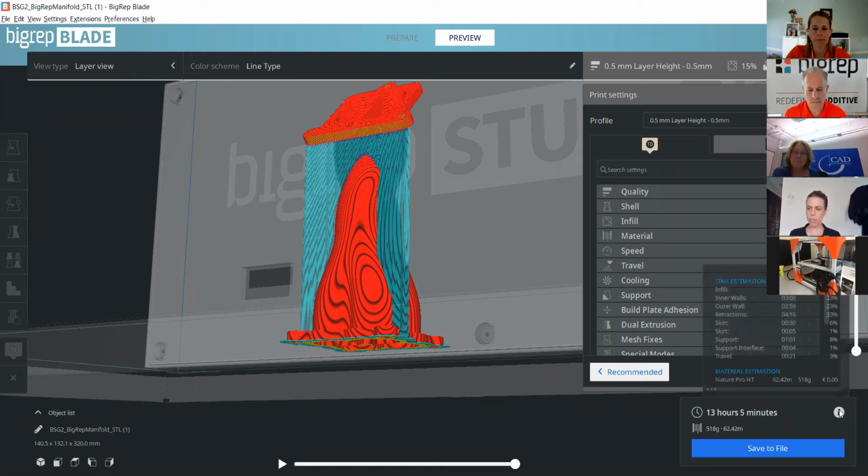And then if you want to break that info down even further, so if you want to say, okay, I want to print this even faster, you can actually hover over this info button and it's going to give you a time estimation for each different element of your part. So as you can see, infill only takes 3% of the time, inner wall, outer wall, support takes this amount of time. So then you can break it down even further and optimize your print even more.